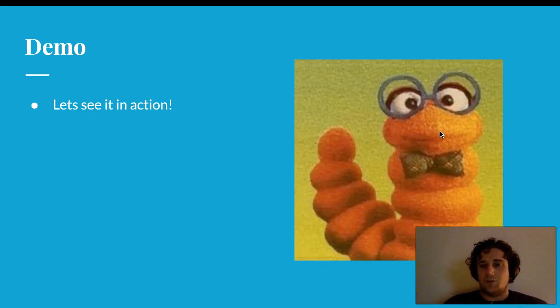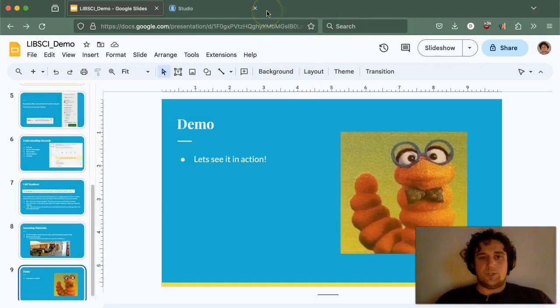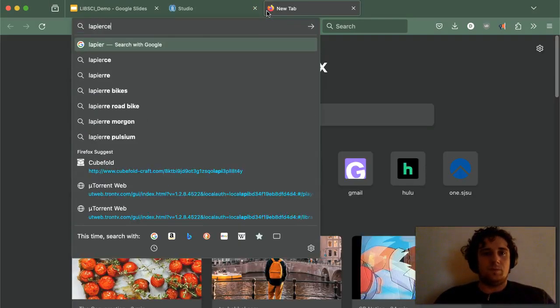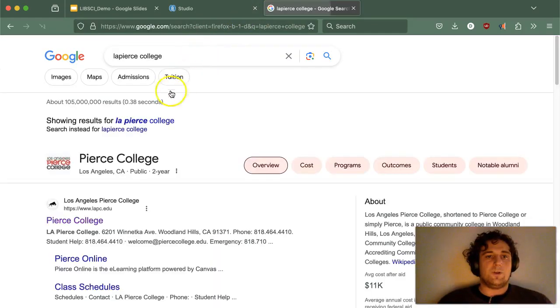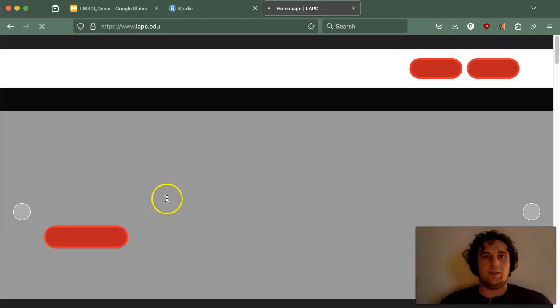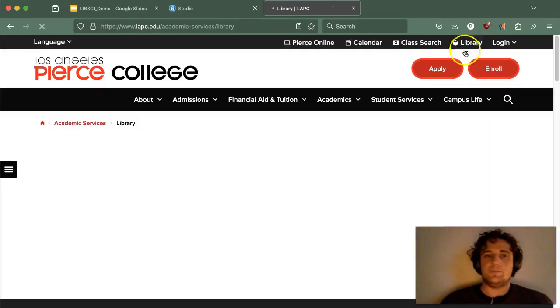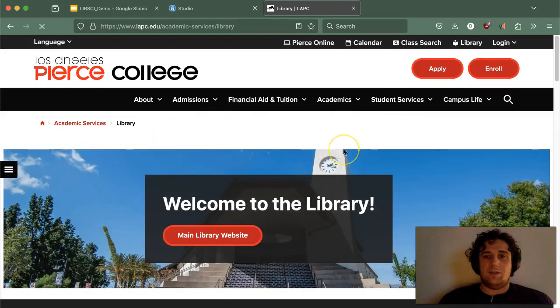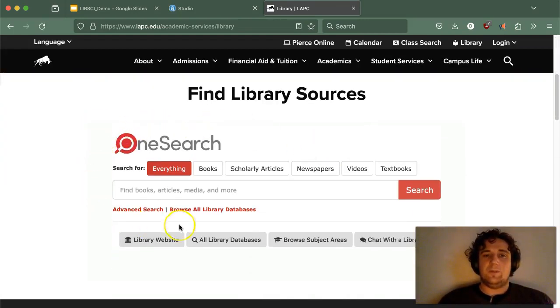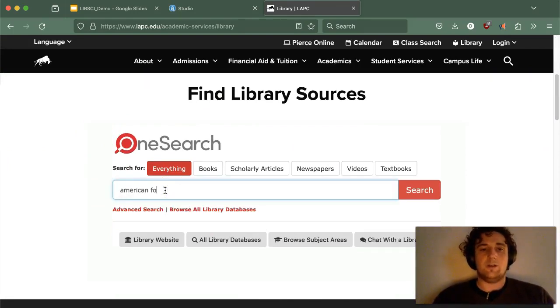So now that I've shown you the basics, let me just run through that in real time so you can see how it'll look when you're doing it yourself. Let's start by going to our college's homepage, in this case lapiercecollege.com, and you'll see in the top corner here a link to our library website. And if we scroll down just a little, we'll see our one search. So let's try the search that we just talked about, American folklore,